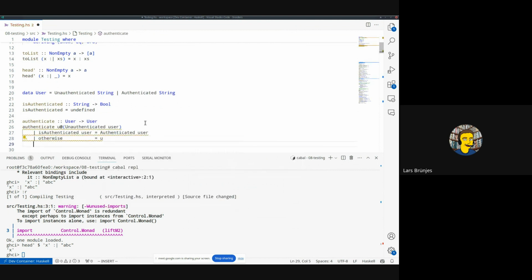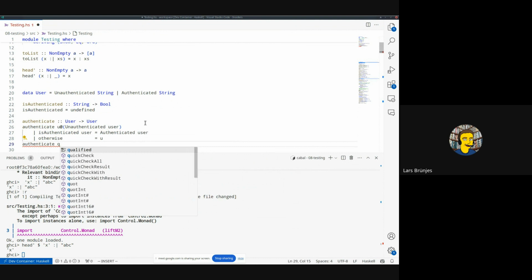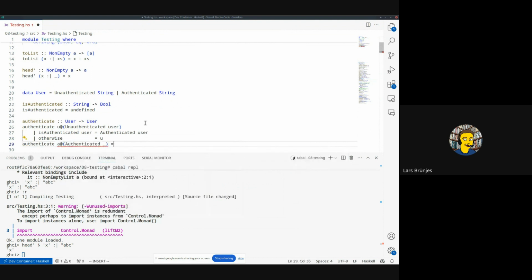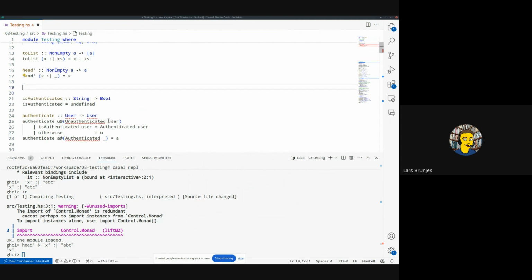And if we have an authenticated user, then we can just keep him. I mean, that would be one way. It's not very good. A better way would probably be to have two new types, newtype